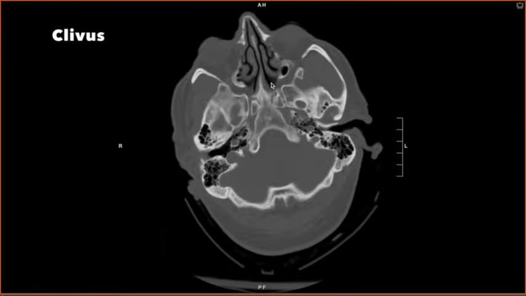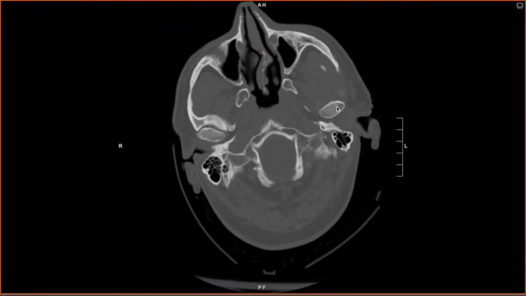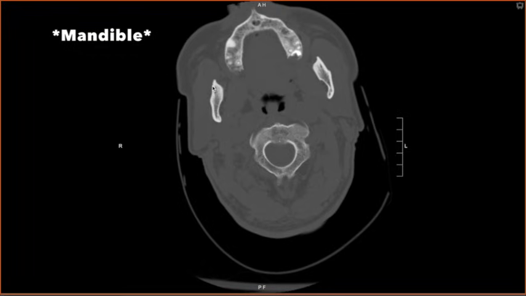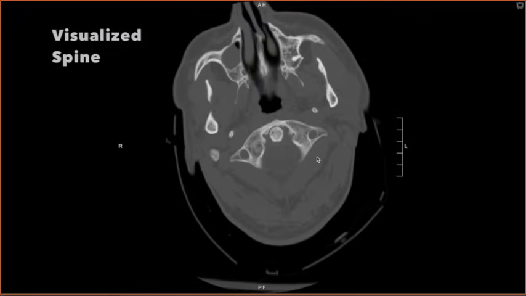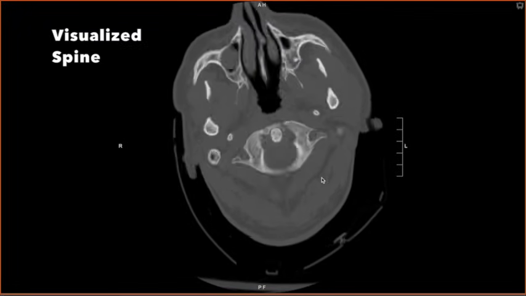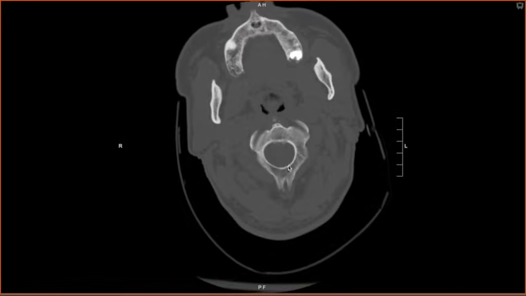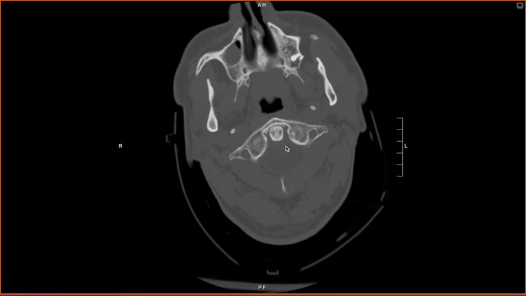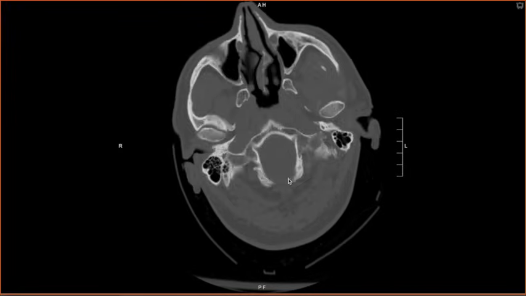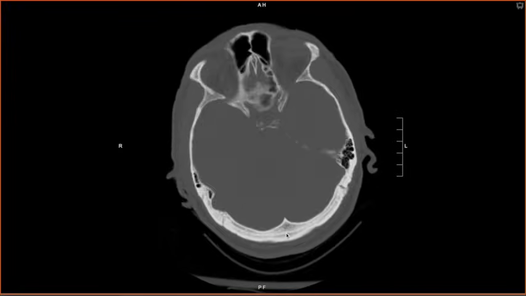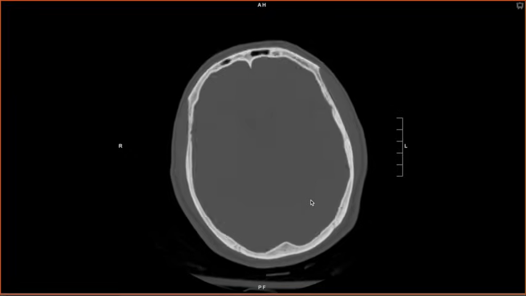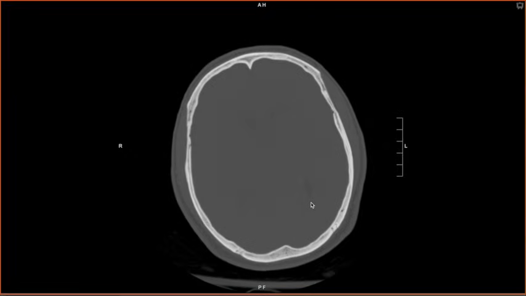Make sure you look at the clivus. Always look at the mandibles, make sure they're congruent, and then follow them down as far as you can. You can always see part of the spine. This is C1, it looks okay. And then you can also see C2 and the dens here as well, so always look for that. You can see subtle signs of fractures there as well. So that's it for a more detailed approach. There are always other blind spots and things you can look for, but that's a similar detailed approach to the